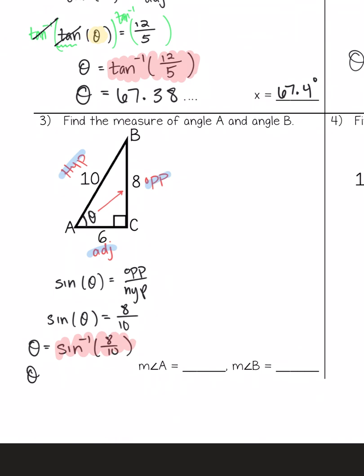And calculator says theta is equal to 53.13 with some other numbers after it. So I can round that to 53.1. And that was the measure of angle A. It's 53.1 degrees. To find the measure of angle B, I could go through this whole process again, choose which trig function I'm going to use,